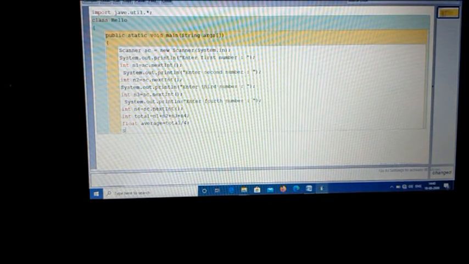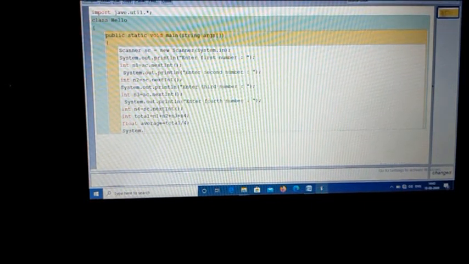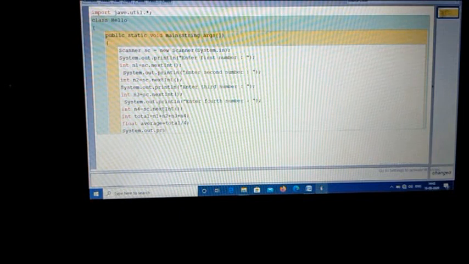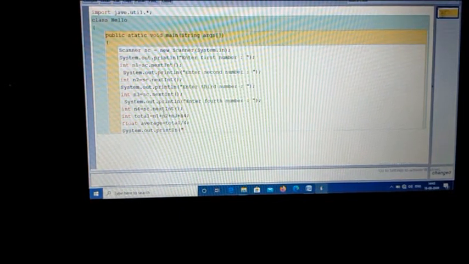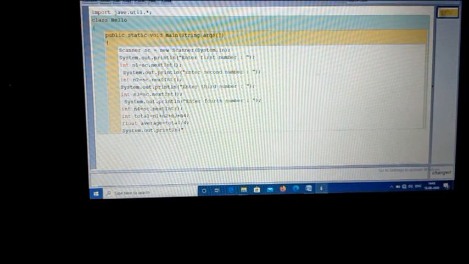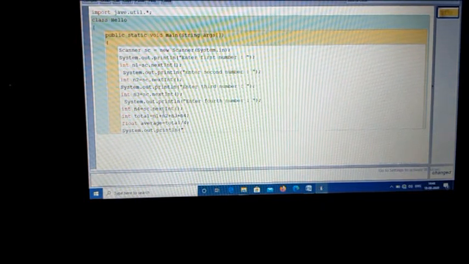Okay, now we have to print total and average. System.out.println. Here I print the message we want to print. According to your choice, what you like, we just put here. The same message will be shown on the console screen.